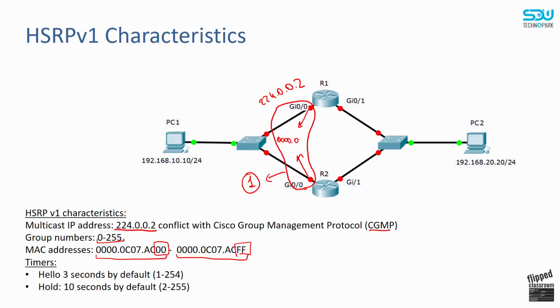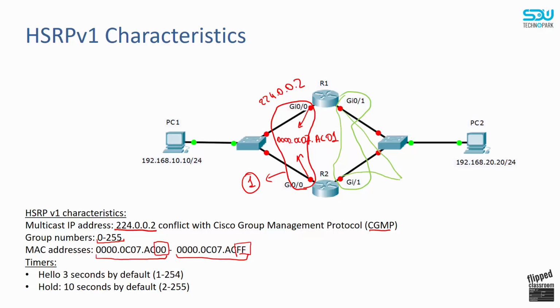0000.0C07.AC01. And in case when your router's interfaces gigabit 0/1 will be configured with HSRP 2, and if they will